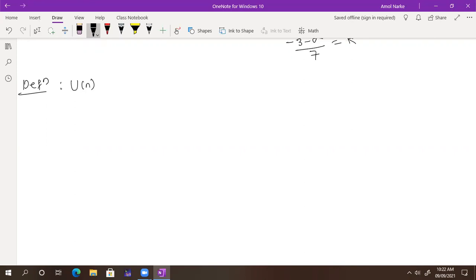Write down: let UN be a set of all positive integers less than n